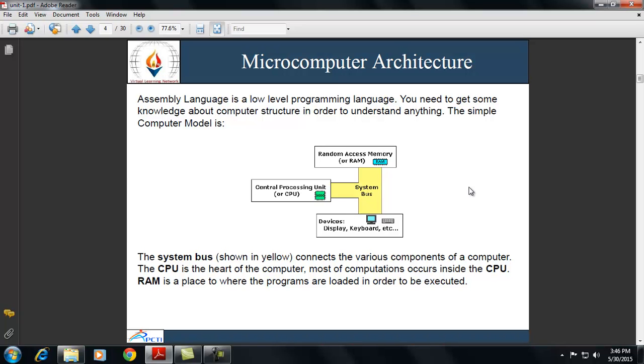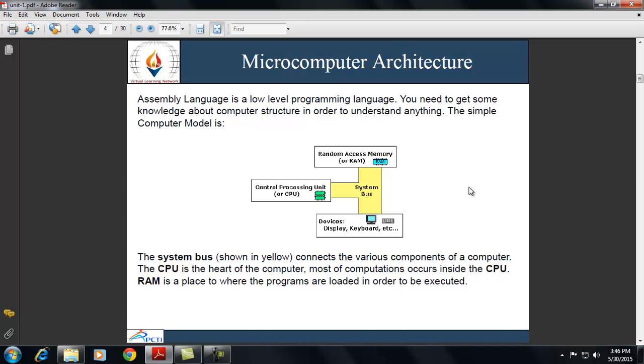Microprocessor or microcomputer contains a word micro. Micro means small. So, microprocessor is an example of VLSI bringing the whole processor to a single small chip. If we talk about the languages supported by the computer system, the languages of the computer systems are divided into two categories, that is low level and high level. And assembly language is a kind of low level programming language.